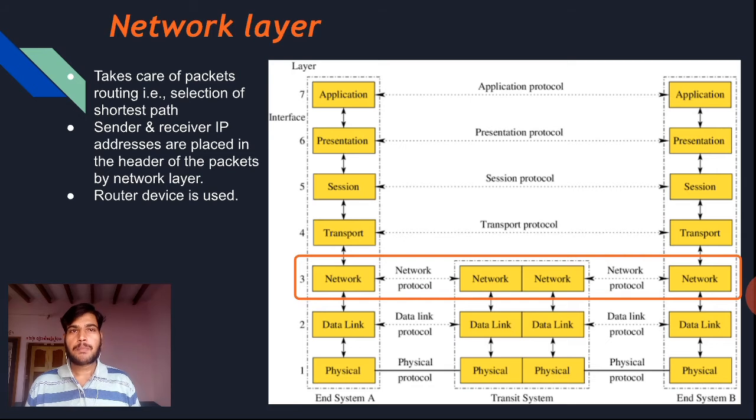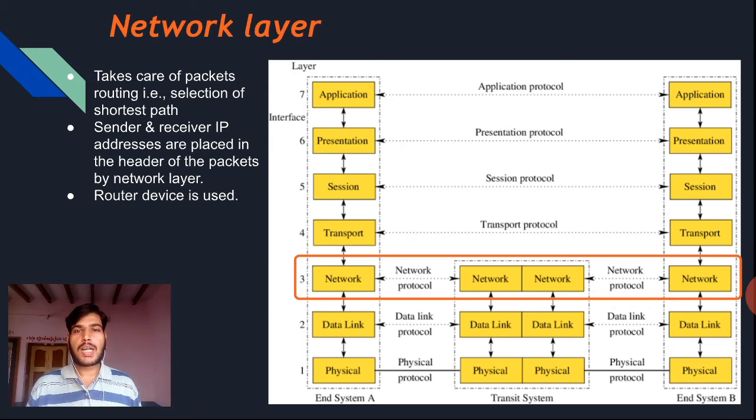Similarly, in the network layer, it follows certain algorithms to select the shortest path, and for this it makes use of a router device so that it is very easy to identify the routes to deliver the packets. Here, the sender has his own IP address and the receiver has his own IP address. These IP addresses are just like the physical address we have.